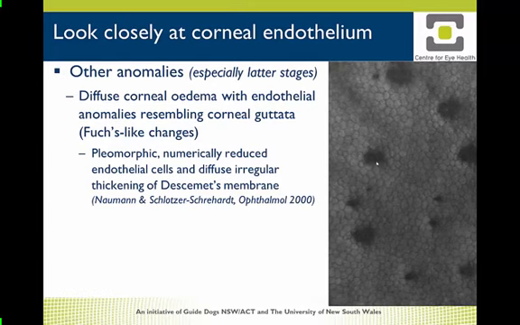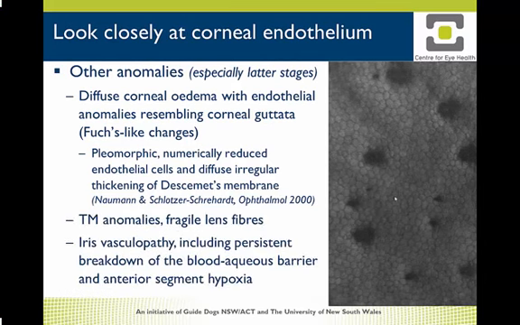What happens is there's damage to the corneal endothelial cells that become pleomorphic, the shape changes, there's fewer of them, and there's diffuse and irregular thickening of Descemet's membrane. Now in this particular patient here, the number of endothelial cells is well within the safe range, but